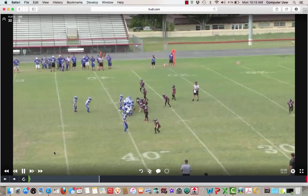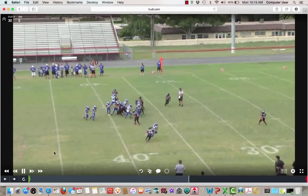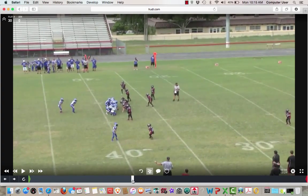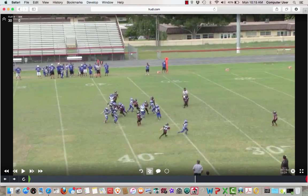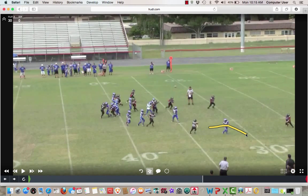All right, this is the end of the half. I think we try a pass play here. I think Kelton try to get just out of the pocket. You just take basically a half step back and throw it. And remember, on this play, he's running out this way, not down the middle of the field. That's why if he's running that flag pattern, you have to get